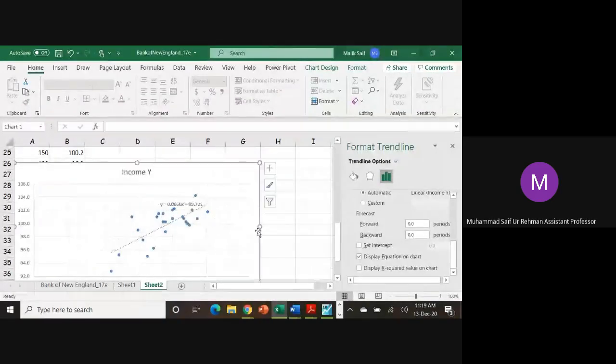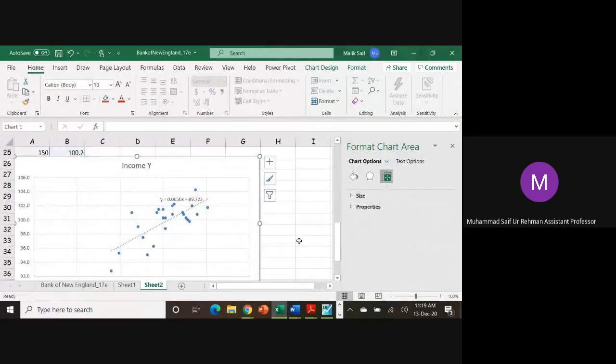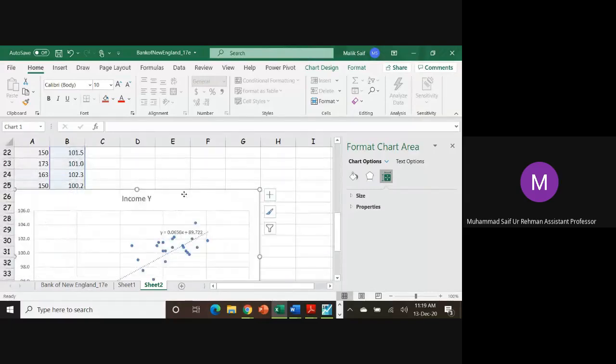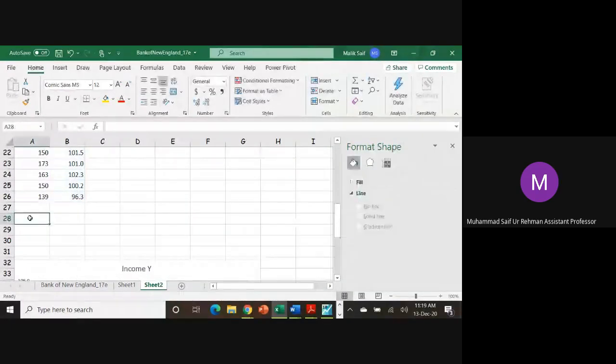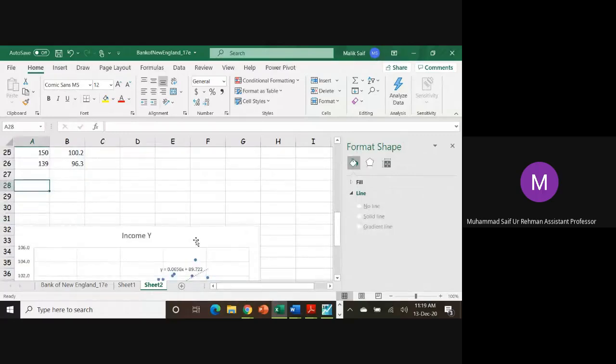I know that you can find the values of beta using the formula, so I'm simply asking Excel to provide me the values of beta. So this equation will be in this form: Y is equal to 0.0656x plus 89.722. So 0.0656 is basically beta 1, and 89.722 is your beta naught hat. These are your beta naught hat and beta 1 hat. So if you write down these values over here, what is beta 1,